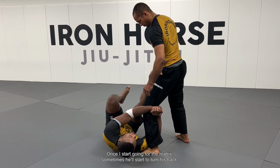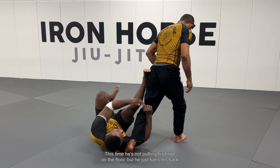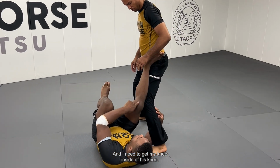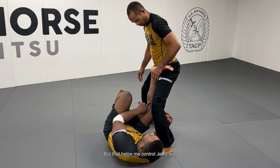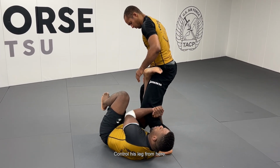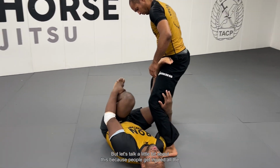Once I start going for the matrix, sometimes he'll start to turn his back. So this time he's not putting his knee on the floor, but he just turns his back. I move that leg up into the hip, and I need to get my knee inside of his knee. And that helps me control Jeff's leg, okay? Control his leg. From here, I'm gonna throw my leg over, but let's talk a little bit about this because